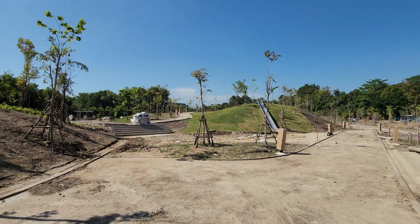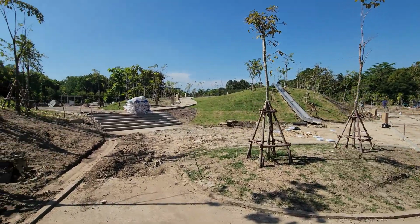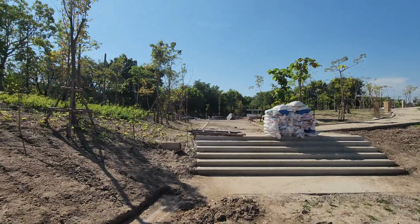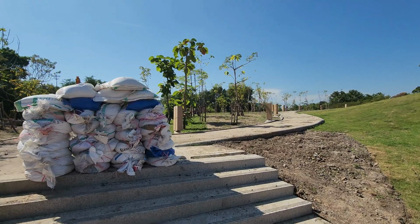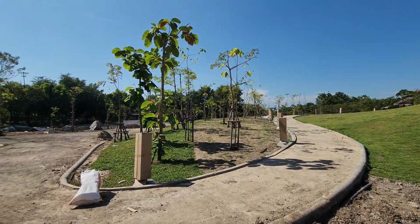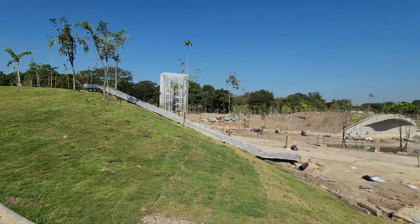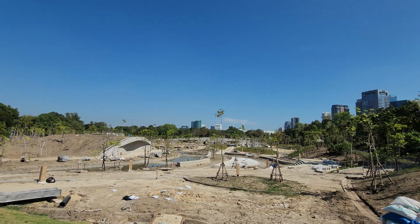See a long slide over there. Yeah, I'm always happy to discover new stuff. And I was here about a year ago when they were doing the groundwork for this park. From here you have a nice view. It's gonna look